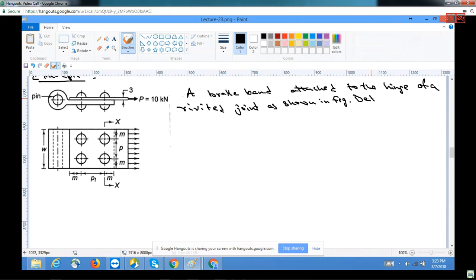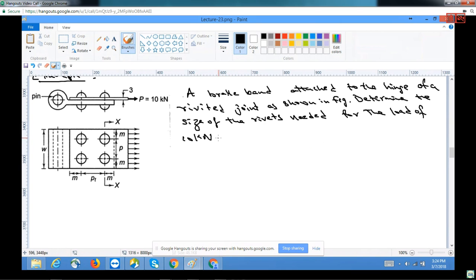We need to determine the size of the rivets needed for the load of 10 kilonewton, and also determine the width of the band